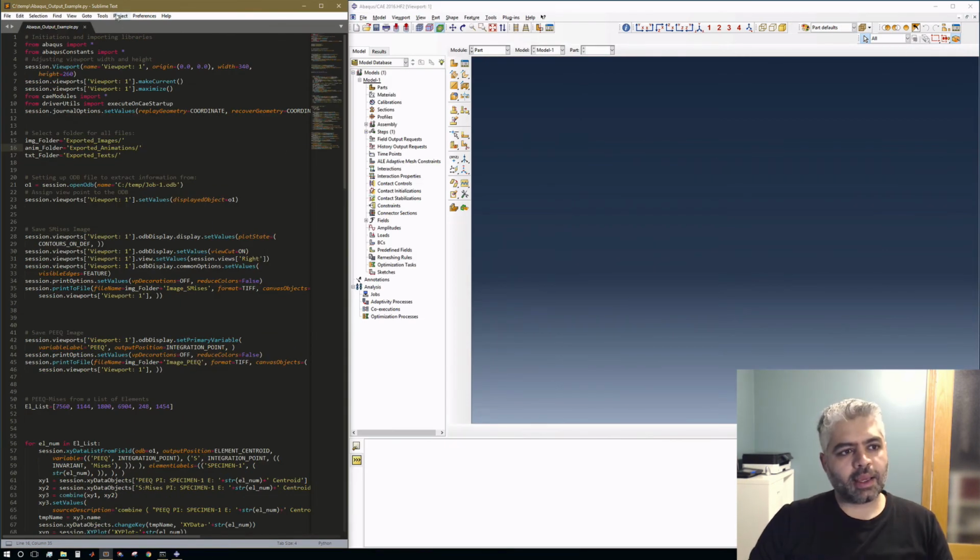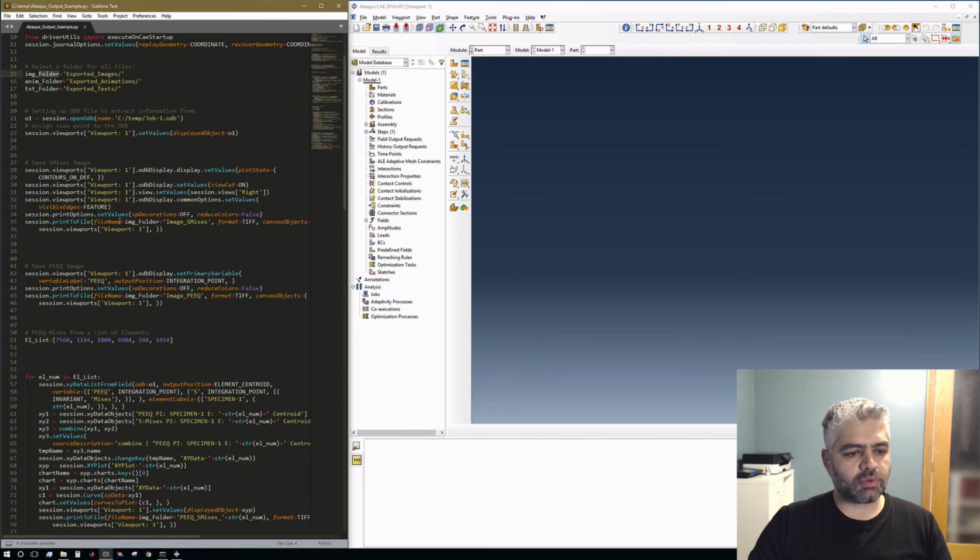So now I'm back. I added a little bit more details to this, and I wanted to have a neater and cleaner saving of all these files, because sometimes you'll save so much information from an ODB file that it can be complicated seeing and tracking those. So what I did was to basically go over this one again, and I've selected different folders. I named different folders, for example, image folder, animation folder, text folders, and I added those in front of